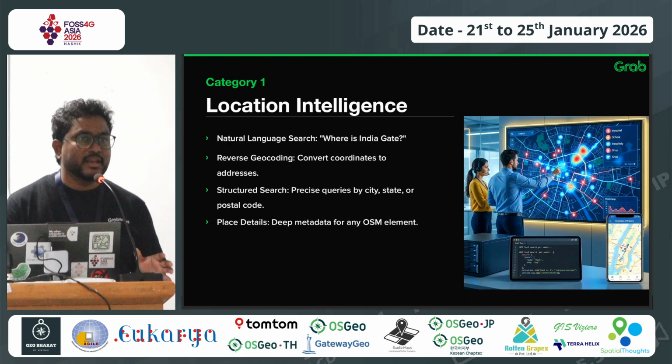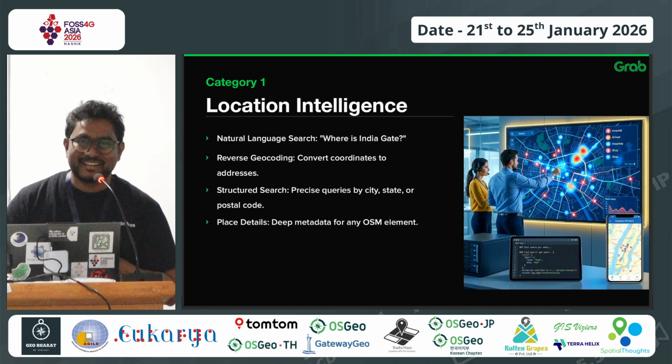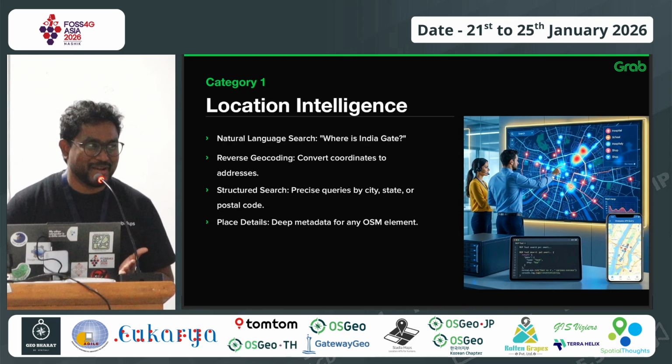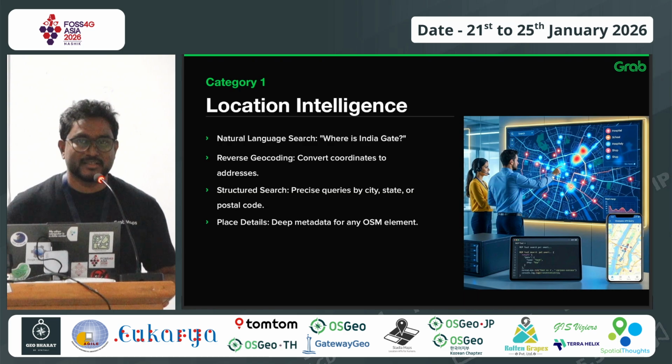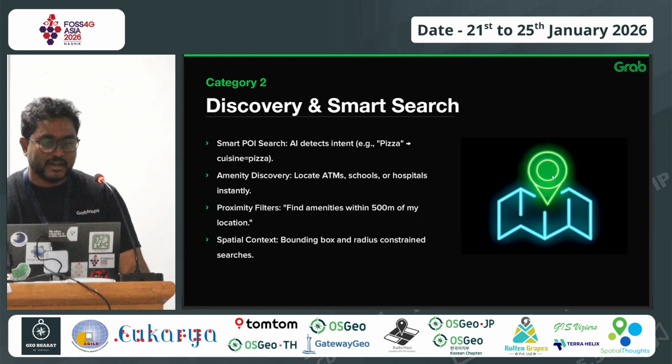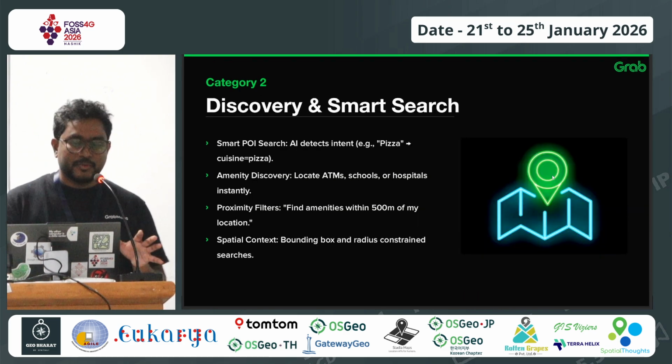You can ask anything related to location, but there is a catch, right? Do you find everything on that? No, because it might be unmapped in OpenStreetMap. There, our manual effort comes in. We keep on contributing to OpenStreetMap data to use this kind of tool, and it will keep on enhancing our OSM database.